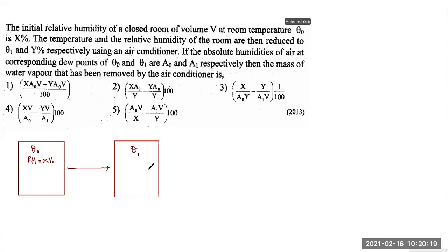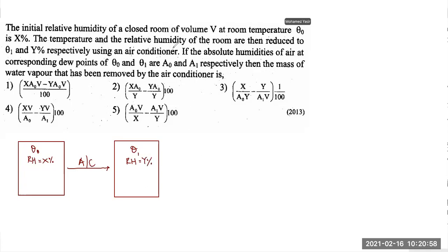And the other thing, even if you have reduced the temperature, when you exhale breath, the humidity of the air is going to increase. Then again you will feel uncomfortable because sweat doesn't evaporate anymore. In a closed room, air can't go out much; the same air is rotating. So we need to remove the water vapor from that, and by that we are reducing the relative humidity. That's what an AC machine does. So when they turn on the AC, the temperature is reduced to theta 1 and RH becomes Y percentage.